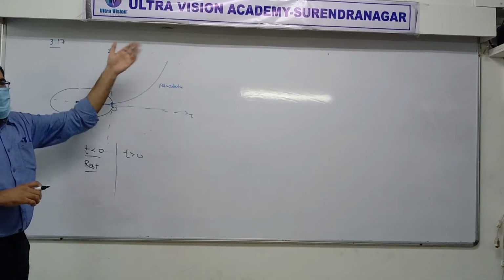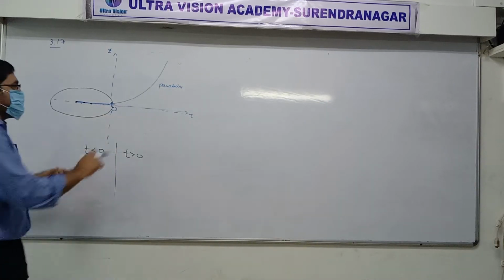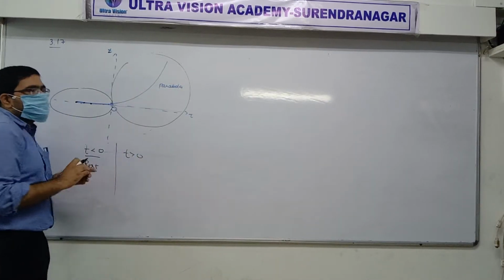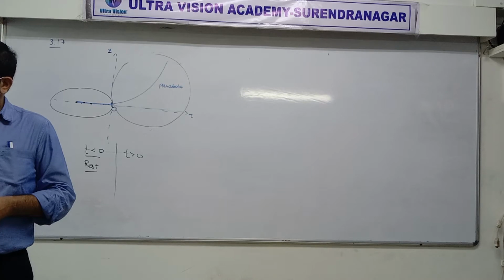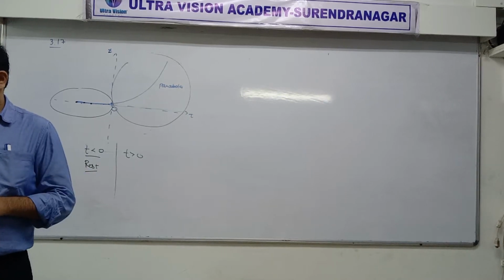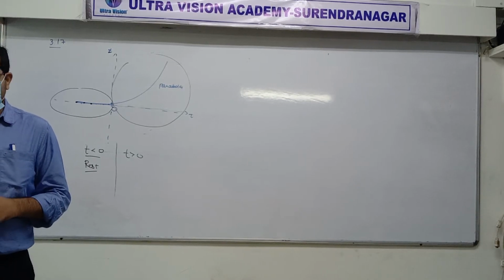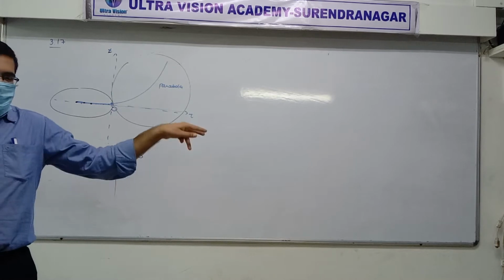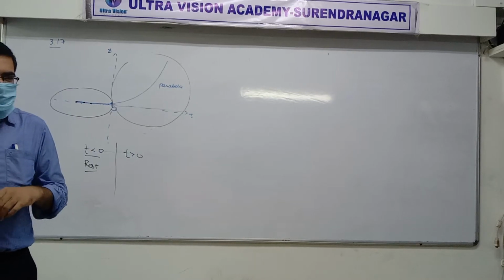Now the xt graph is a parabola. Let's read it further. What's the given question? Is it correct to say from the graph that particle moves on a parabolic path for t greater than 0? That is in this region. Is it correct to say that particle is moving on a parabolic path? Yes or no? Yes. What is meaning of path? Where the particle moves from, all those points together, they make path. Yes or no? Yes, sir.